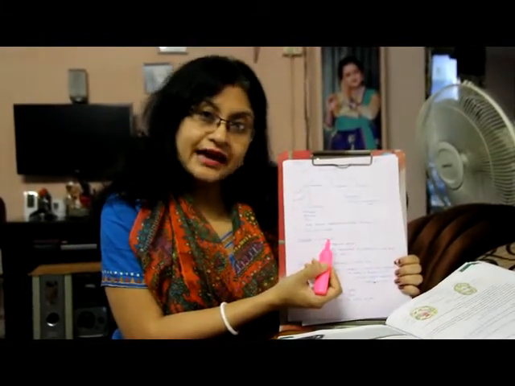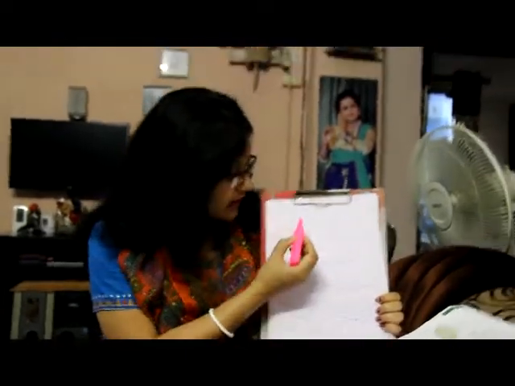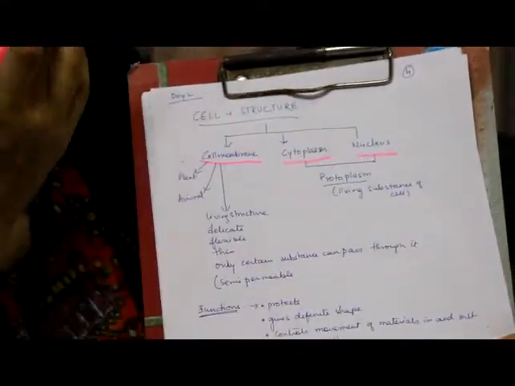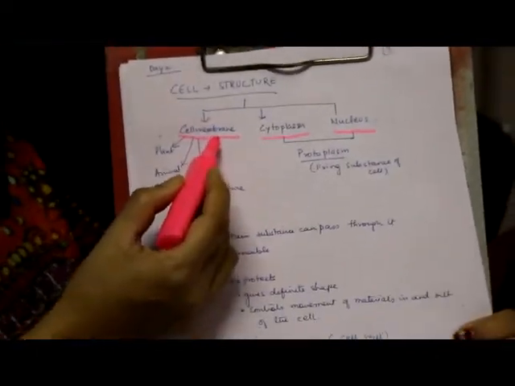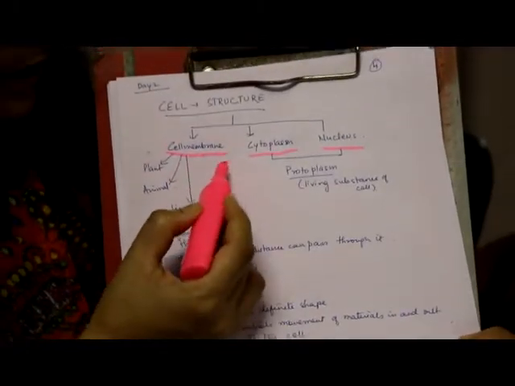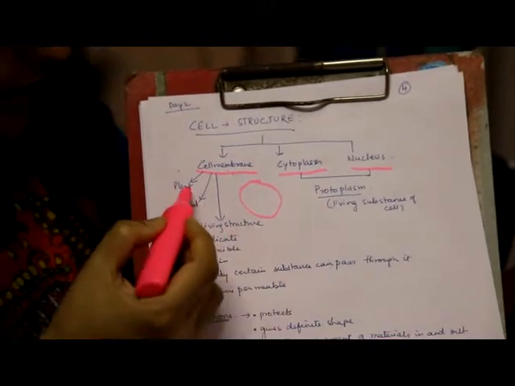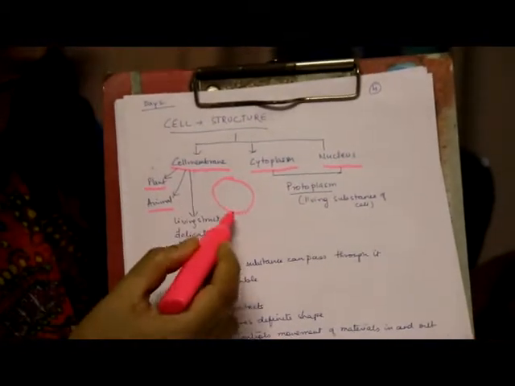If you talk about internal structure, the cell has three basic components or parts, namely cell membrane, cytoplasm and the nucleus. Again I repeat, cell membrane, cytoplasm and nucleus. When we talk about a cell membrane, it is a structure forming a boundary wall around a cell, which each and every cell possesses, whether it is a plant cell or an animal cell. Yes, obviously it is a living structure.